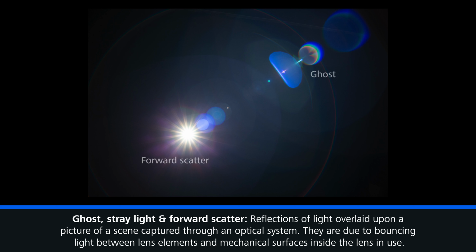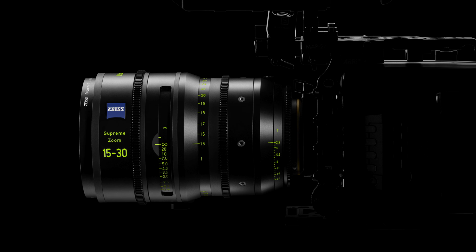I developed those methods so that during the development phase, you can do simulations on lens flare, ghosts, so double reflections in the lens and also from mechanical surfaces, and directly optimize that. And we started with that in the Master Anamorphic lenses, then in the Compact Zooms, and the years after in the Supreme Prime family, later Supreme Prime Radiance, of course, and the Nano Primes. And also of course the Supreme Zoom Radiance lenses then.